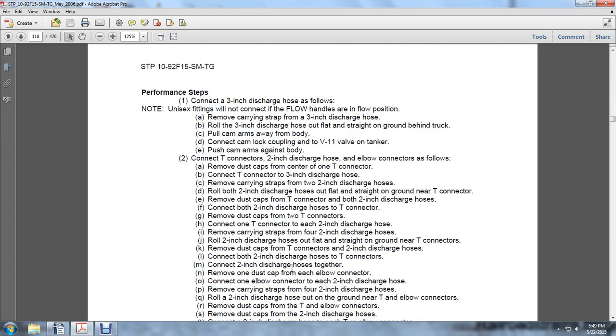Connect each 3-inch discharge hose to the fittings, and connect the flow handles in the flowing position. Remove the carrying strap of the 3-inch discharge hose. Roll the 3-inch discharge hose out flat and straight on the ground behind the truck. Pull out the cam arms away from the body. Connect the cam locking coupling to the V11 valve of the tanker. Push the cam arm against the body. Connect the T